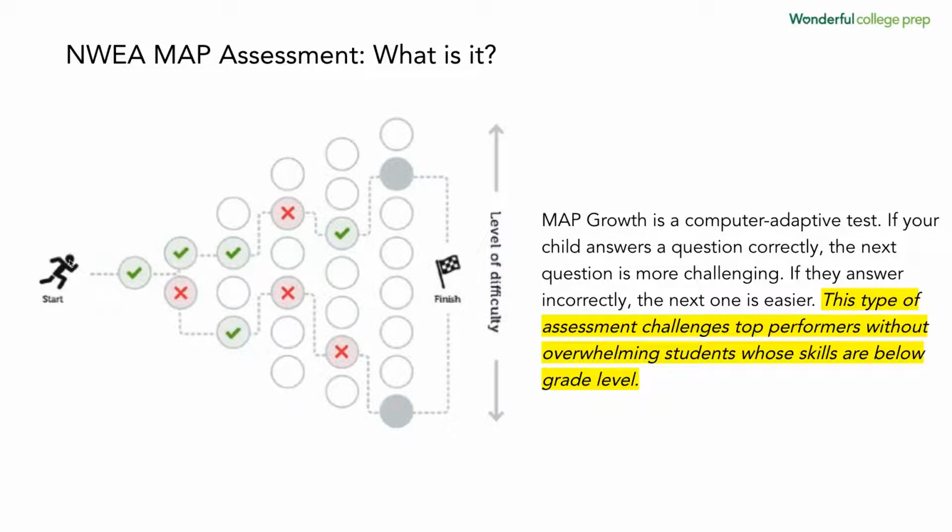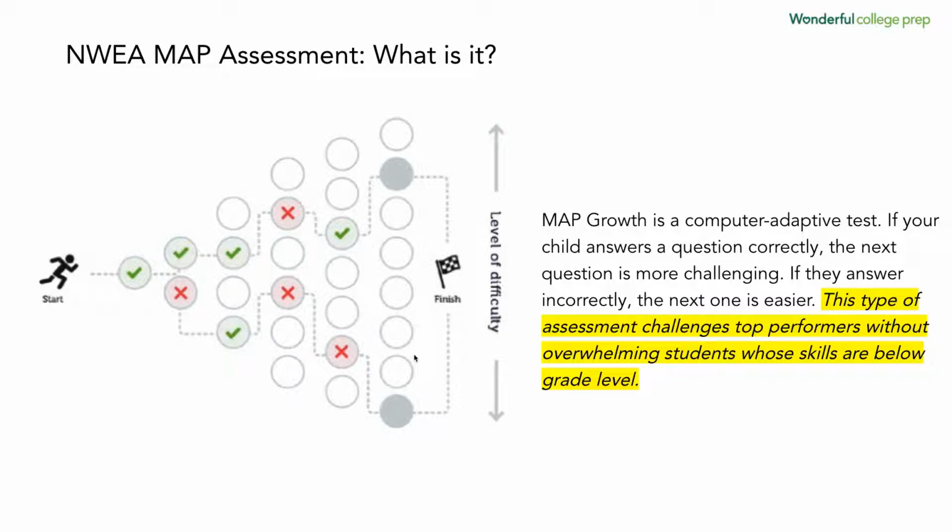If this is a 10th grade student, they answer the 10th grade question correct, and then they get to their next question, they get it wrong, they might come down here and be dropped down to a 9th grade question. Well, they get that right. Let's go back up and let's try halfway through the 9th grade year. They got that one wrong. So let's drop it down and maybe go end of 8th grade year. And so you can see how each of their answers changes the type of test that they take.